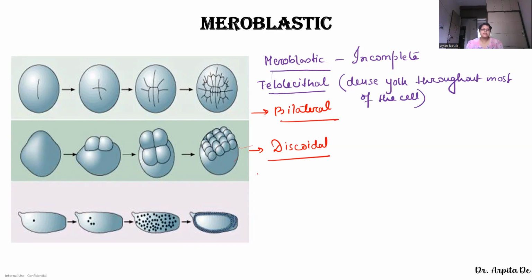Remember, bilateral is found in the cephalopods, mollusks, especially the cephalopod mollusks. And discoidal is found in, important again, note it,